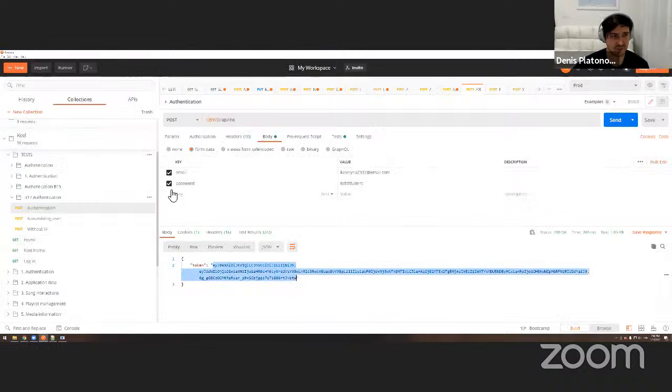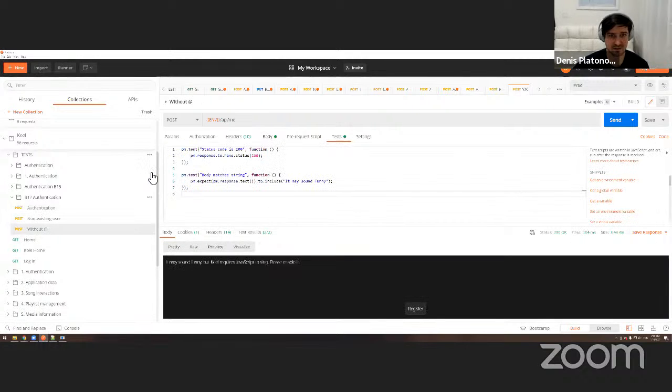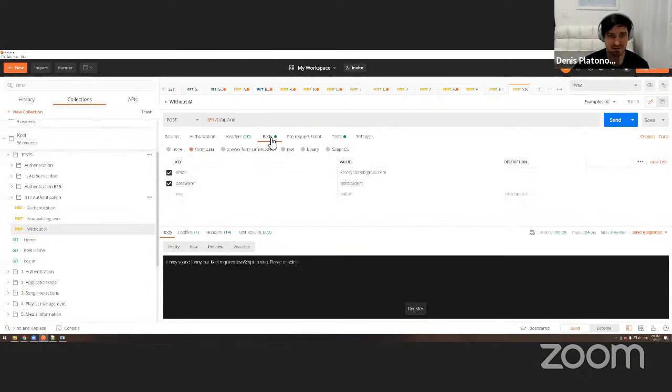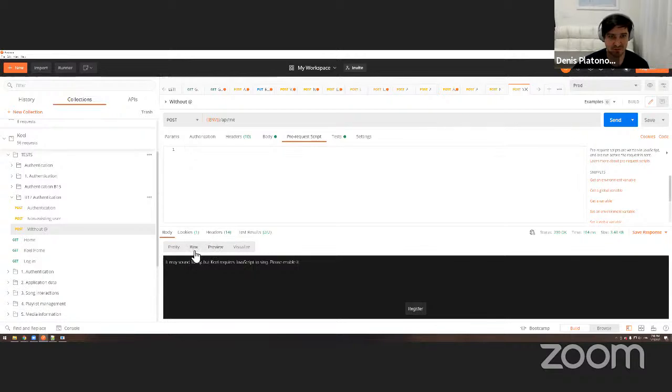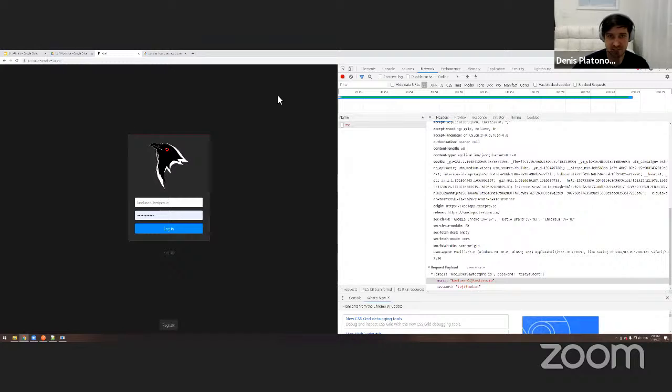And it's, I believe, what we did here without @, you see? So this one. You will see this. However, you will never see this error message from the front end. Why? Because front end will never send a call like that to the backend. That's not a browser, that's a front end. It's your application that does it. And that's a difference between front end and back end.